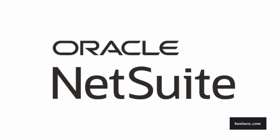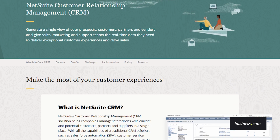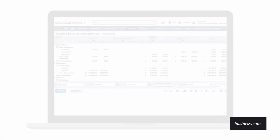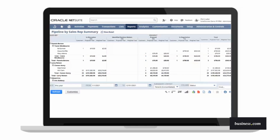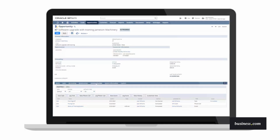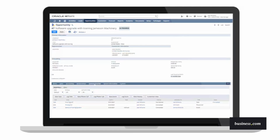Oracle NetSuite CRM seamlessly integrates with NetSuite's ERP and financial systems, providing a unified platform for managing all aspects of the business. It provides powerful analytics and real-time reporting capabilities, enabling data-driven decision-making and enhanced business insights. And there's a great range of sales aids, including CPQ for complex quotes, upselling and cross-selling recommendations, and partner management